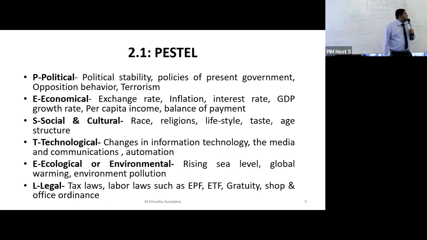For example, how policies are going to affect businesses. If you are having a domestic business, how are government policies going to affect you? For example, if I take an example,